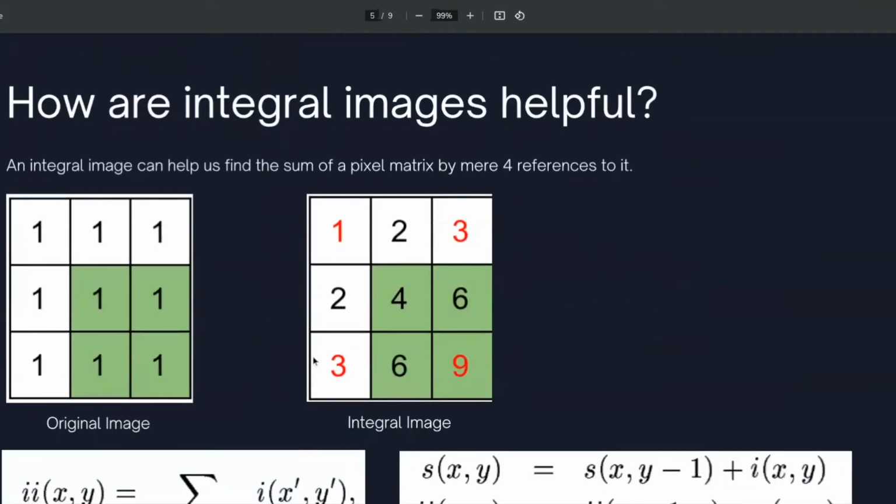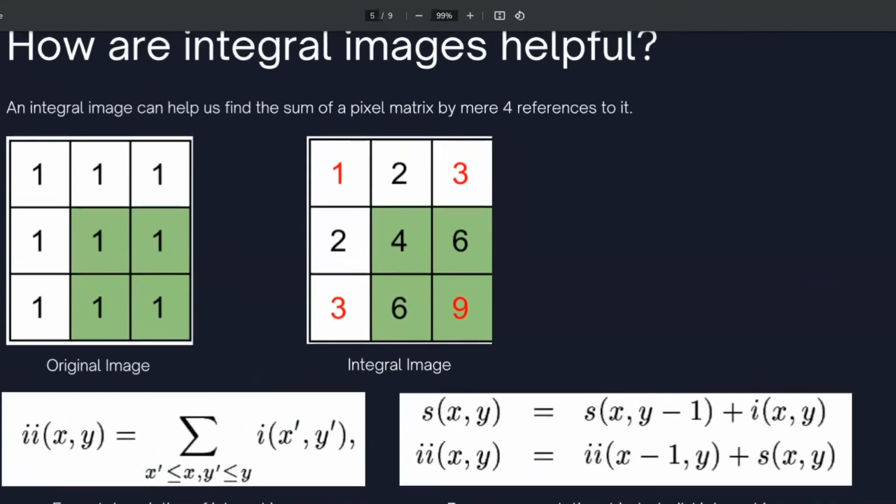So how is our integral image actually helpful? Now that we've built the integral image, we must address how it aids our objective, which is computational efficiency while finding the sum of a pixel matrix. Consider that you want to find the sum of the pixel matrix highlighted in green. Following a naive approach, we do 1 plus 1 plus 1 plus 1 and get 4. But if we were to use the integral image, we would need a mere 4 references to the integral image, highlighted in red right over here. What you do is 9 plus 1, 10, and then 3 plus 3, 6, and then 10 minus 6,